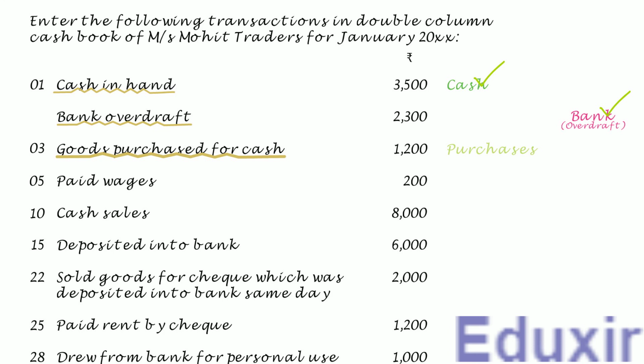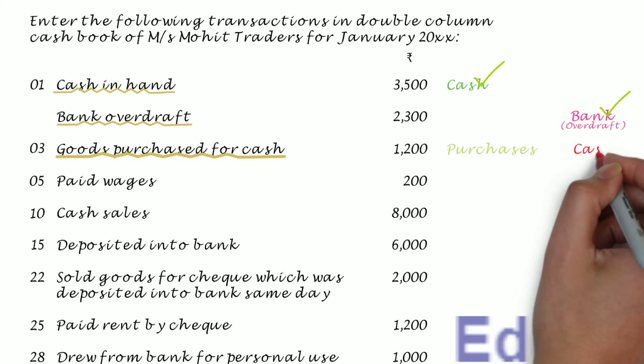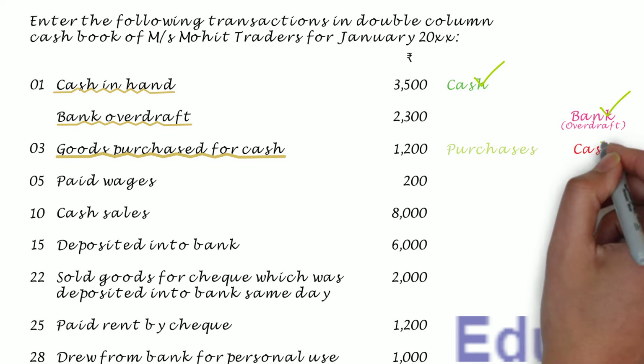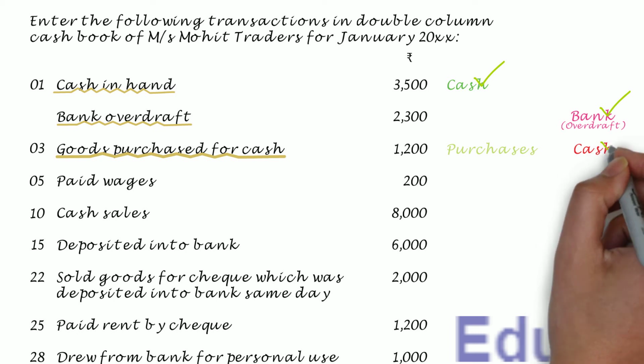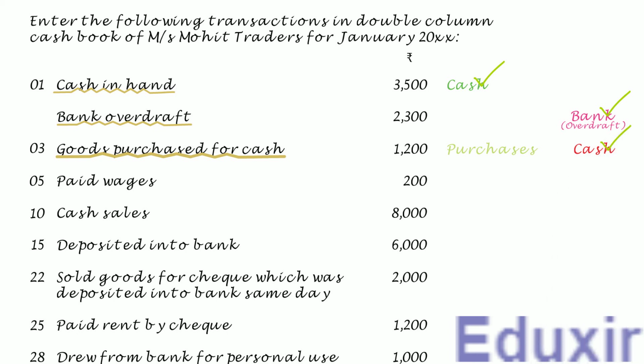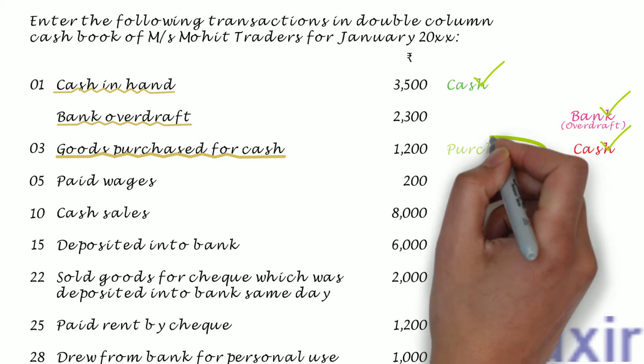At the same time, as these purchases are done by paying in cash, the cash asset of the business will be decreasing. The rule to record any decrease in the asset is to credit the corresponding assets account. In this case, the cash account should be credited. In this transaction, as you can see, the cash is on the credit side. So it needs to be posted on the credit or payment side of the cash book and in the cash column. Note that the particular that needs to be posted into the payments column of the cash book is purchases.